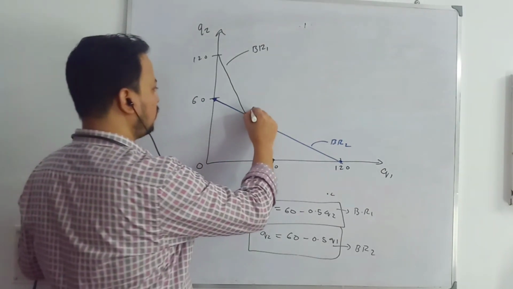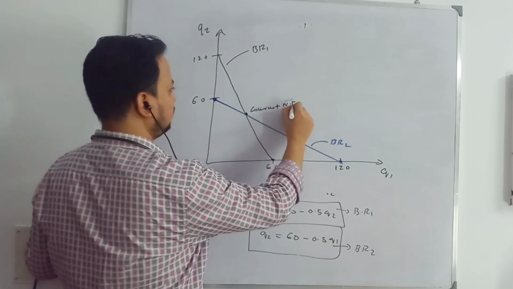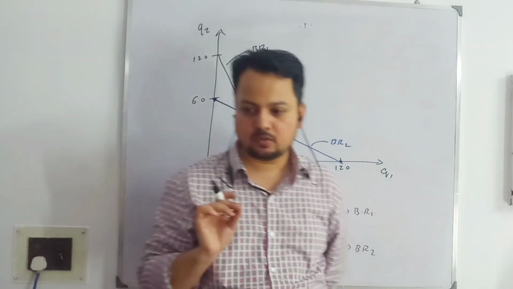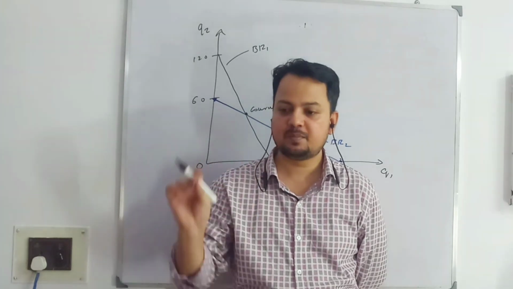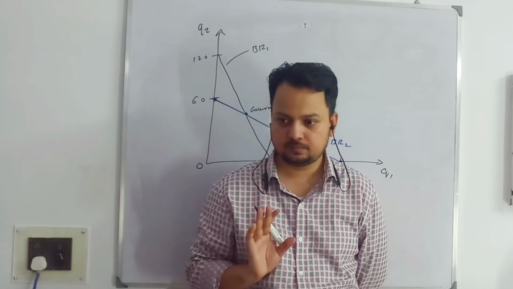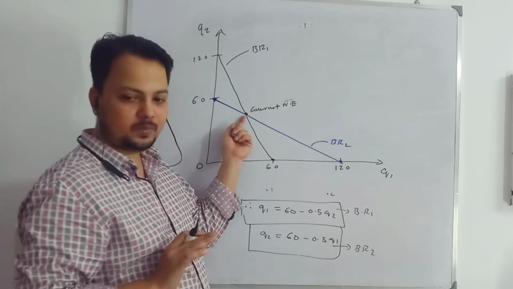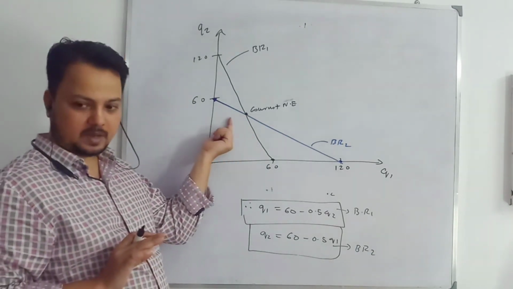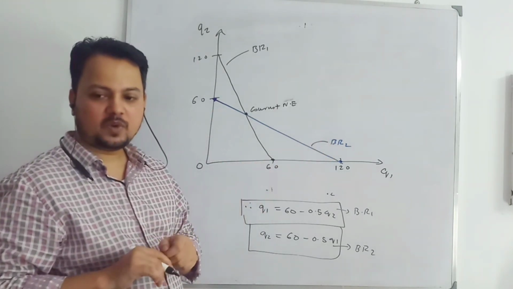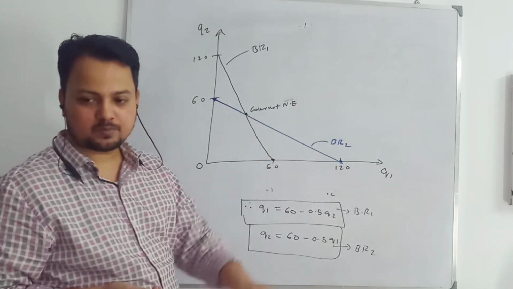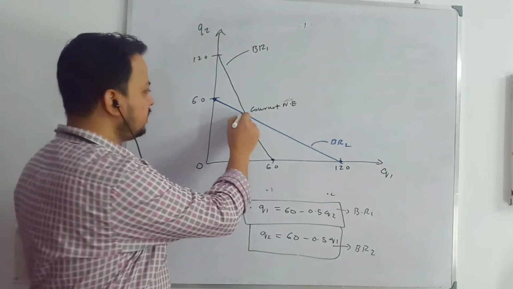Now, this is what we have: the Cournot-Nash equilibrium. Nash equilibrium by definition means that each firm is doing its best. That means each firm is producing the output that maximizes its profit given the output of the other firm. This is what Nash equilibrium means. And both firms do not have an incentive to deviate from here. I have shown you that if firm 1 output is lower and firm 2 output is higher, then in the next period firm 1 will respond by producing higher output, and firm 2 will respond by producing lower output according to their response functions. Ultimately they will reach this equilibrium.